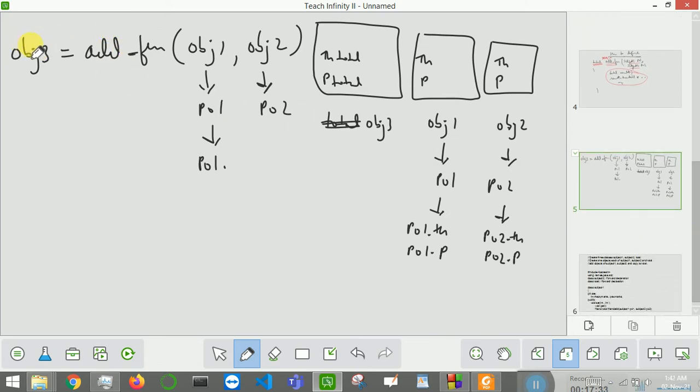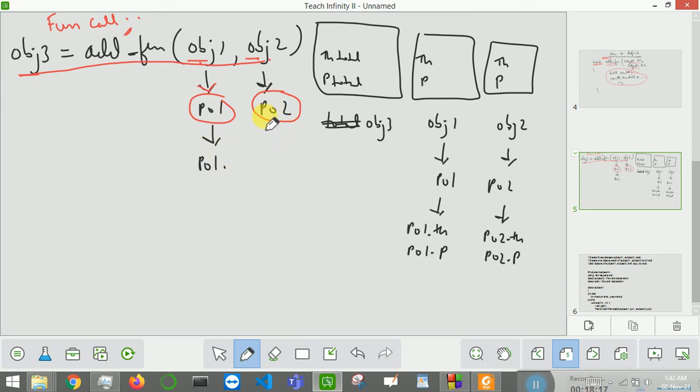You will always start with the function call. Function call means how you will call that function inside main. You will create three objects of different classes, object 1, object 2 and object 3. You want to add object 1 and object 2 and copy to object 3, so you will call it like this. The first step is that you will have to change the name of these objects. And there is no calling object. Earlier there was a calling object, but there is no calling object this time. You only have these variables, these passing objects. Now you will write the names of the variables of these objects.